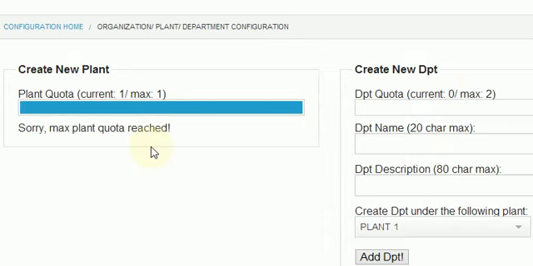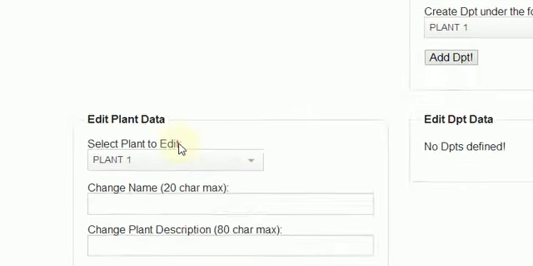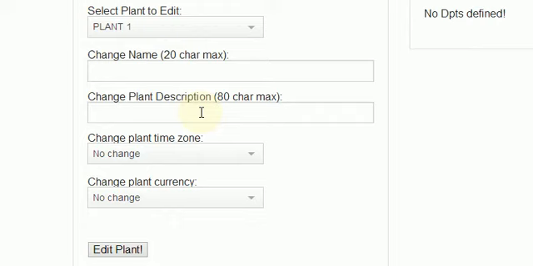One thing of note here is that the system has already created a plant for you, and because I'm using the free version of CMMS, which has a 1 plant limit, the system is telling me that I cannot edit or cannot add any more plants. I will now show you how to edit the information that the system created by default for the plant to match your